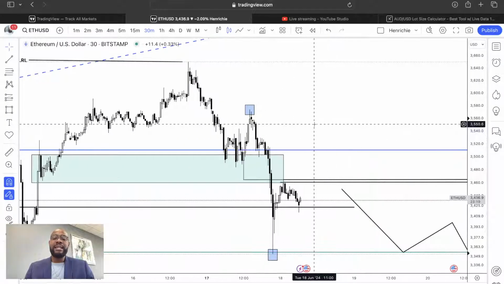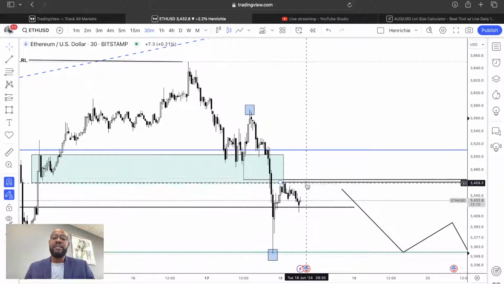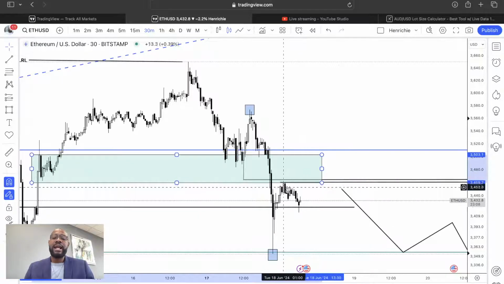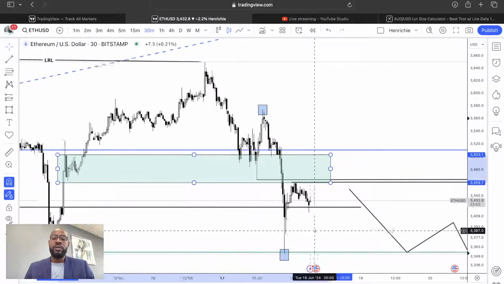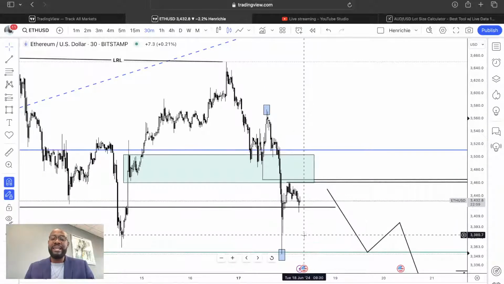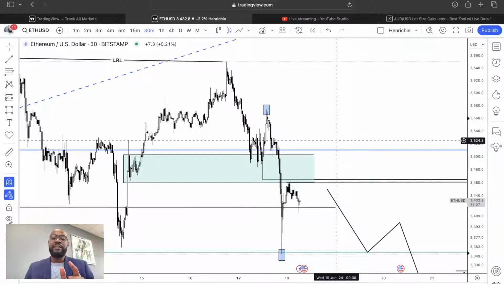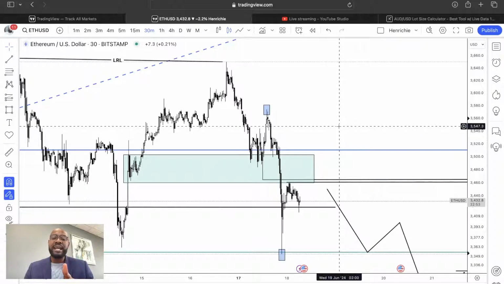Now, that being said, as you can see, price is now creating a new structure. Now we'll have a structural low, we'll have a structural high, and we're creating a high right here. So I'm anticipating to see whether this high is going to stay sustained, and then we'll create a new lower low, breaking this low. The moment I see that happen, all I'll be looking forward to see is a break of structure on the 15 minutes time frame.